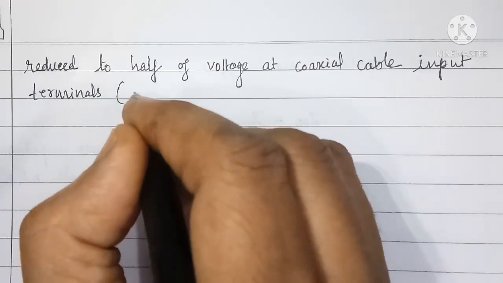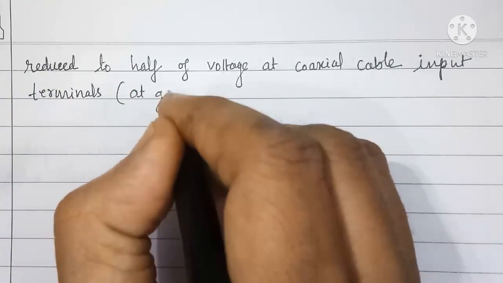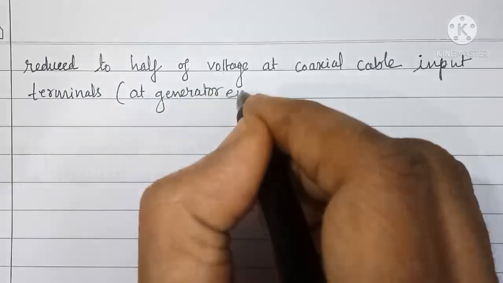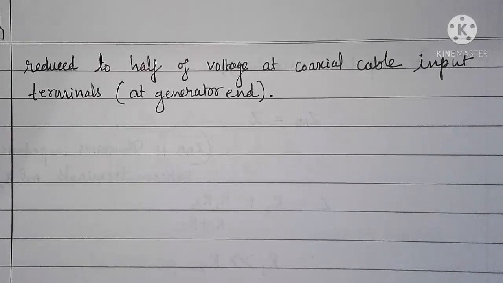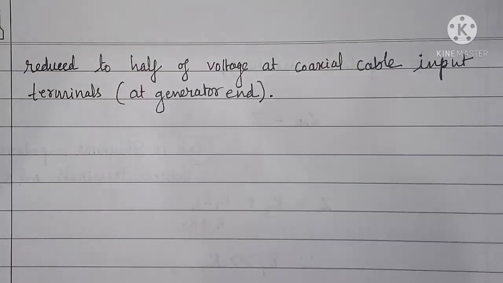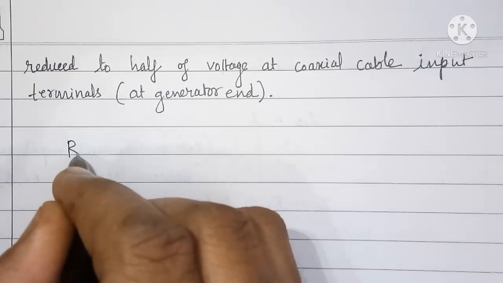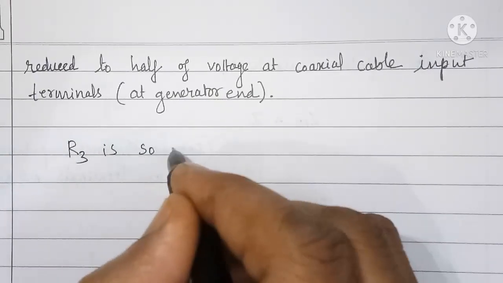Which means at generator end R3 is so selected that